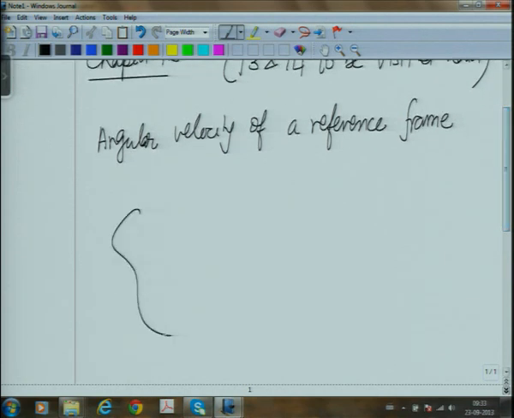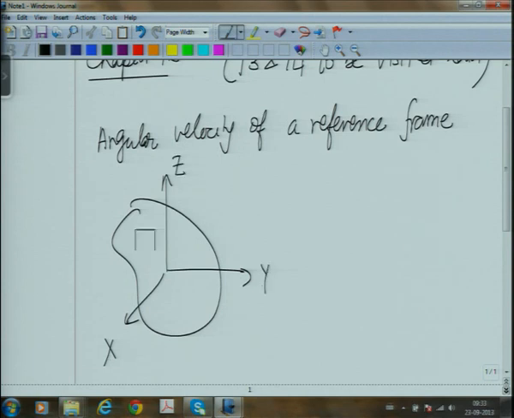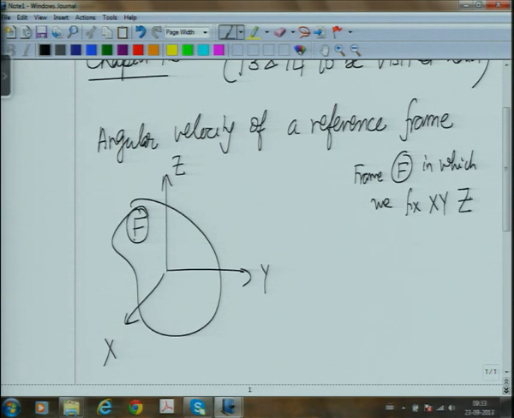So let us say we have a frame F in which we fix capital XYZ